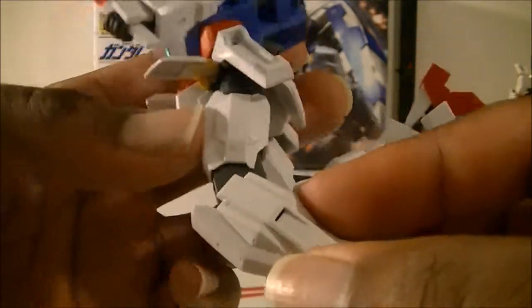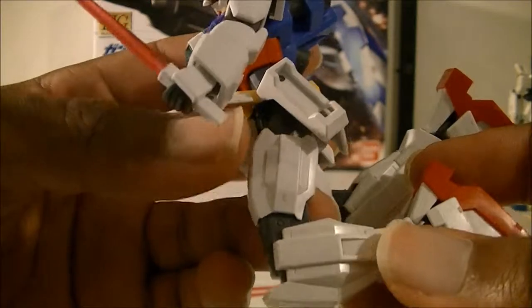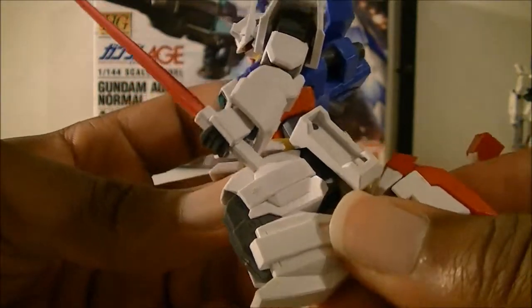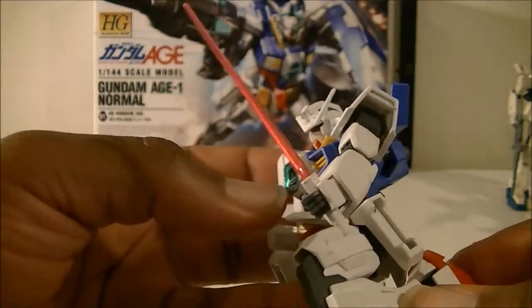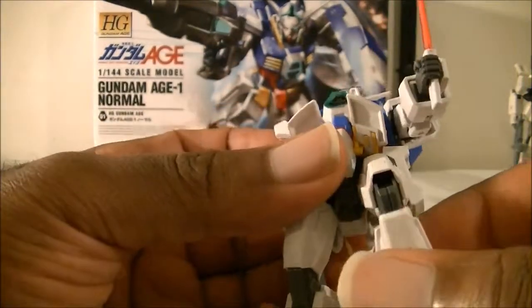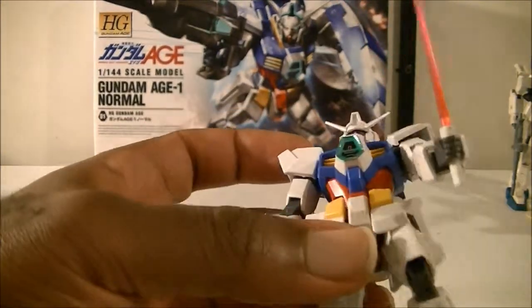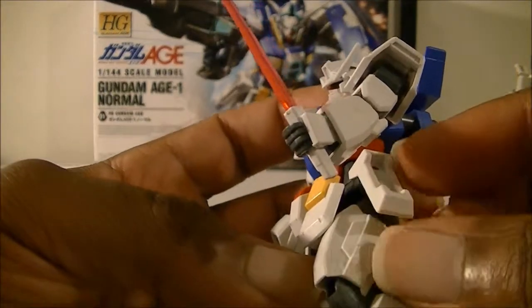Now the knee, it bends in 2 parts at the knee, just like a real human knee does. So you're able to pull off some pretty decent poses. The front skirt, as you see, comes up. Now I hear some of these can be pulled apart, so the one just comes up instead of both of them coming up. And the side skirts,